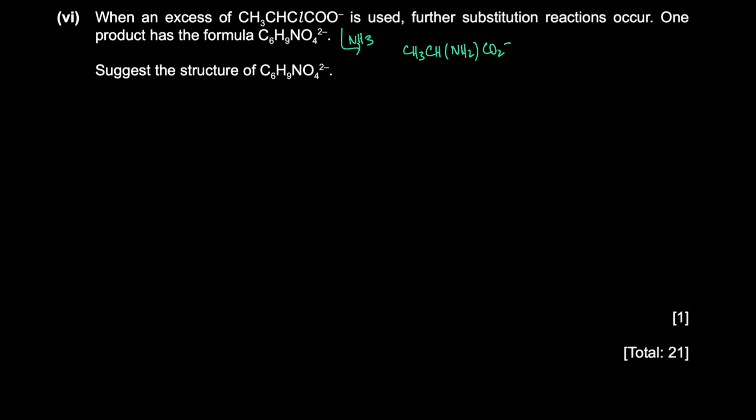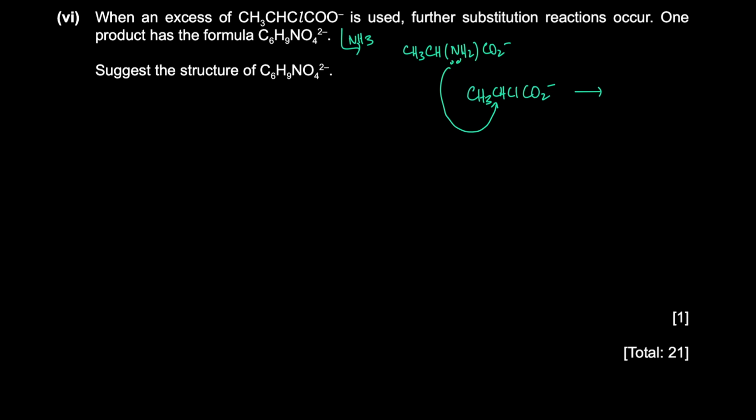They're saying that if you have more of this present, CH3CHClCO2-, you can have further substitution take place. What can happen is that this amine over here can actually react with this carbon again, because we have an amine over here. You can have further substitution take place to go from a 3-carbon product to a 6-carbon product. So how will that further substitution take place? This will react with this to form,